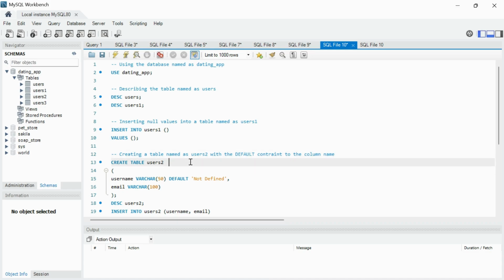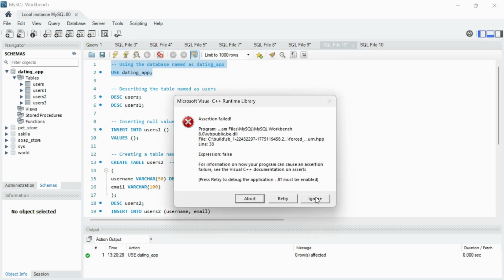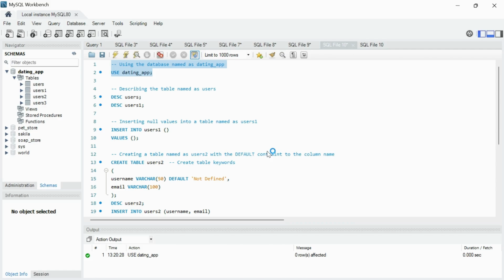I can add comment here as well after any statement. Create table, maybe keywords. Once you execute this statement, right, this comment will be ignored at the time of execution. If I execute it, at the time of execution, the dating app database is in use now, but